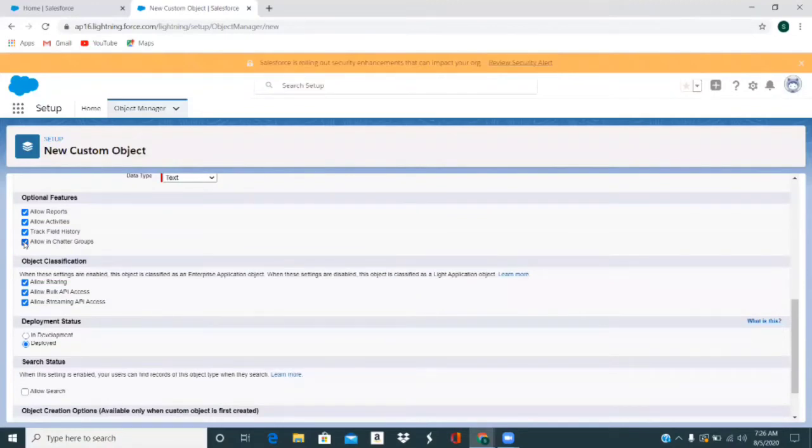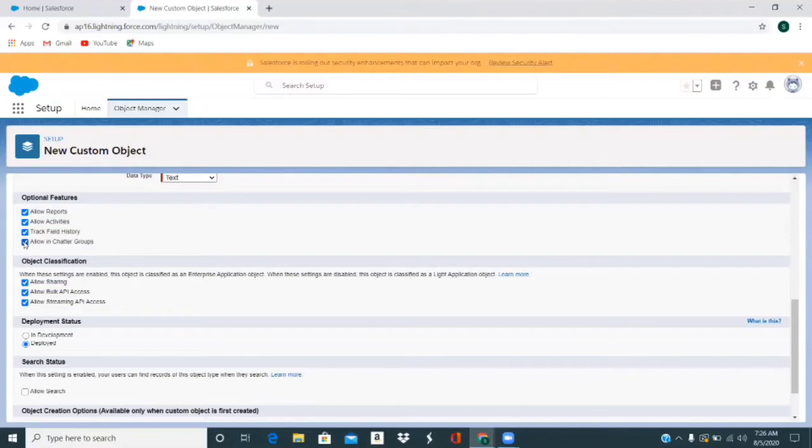And allow in chatter groups. So whenever you collaborate with your other team members, like the internal employees or maybe your other sales team members or service team members, you can create your own chatter group. So chatter is something provided by Salesforce. It's more like a social platform where the internal employees or partners or any other person can collaborate throughout the organization.